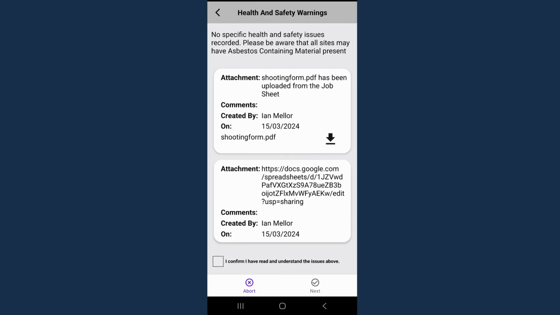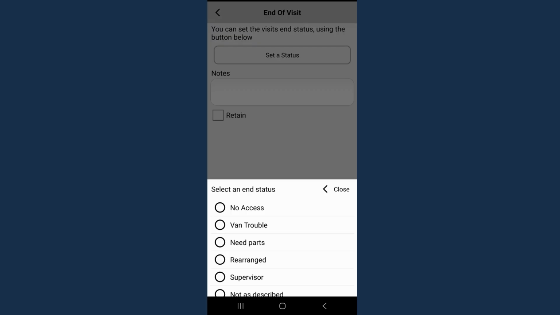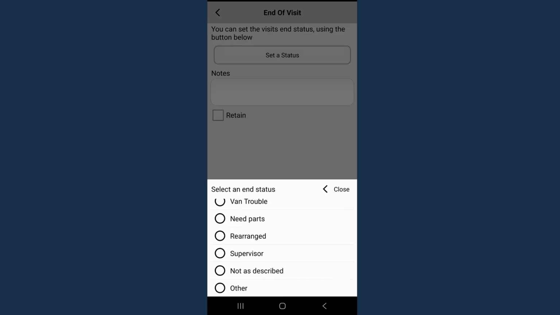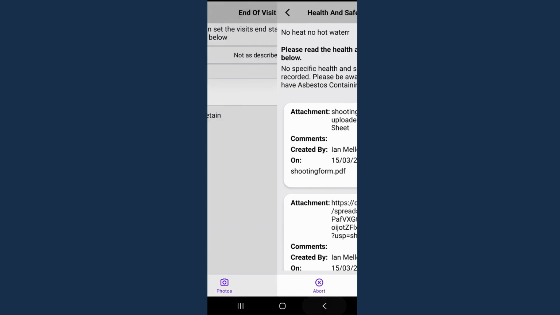Once you've read the information, you're required to tick the checkbox to acknowledge that you've read and understood any of the potential risks that could occur at the job and are happy to proceed. If you weren't happy, you could press the Abort button to abort the job. You could select an end status and put in the notes why you felt that you needed to abort the job. However, in this case, we're going to continue, so I'm going to go back and I'm going to press